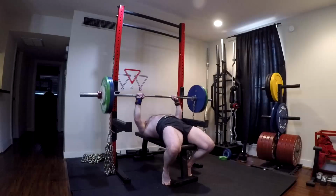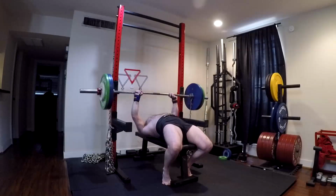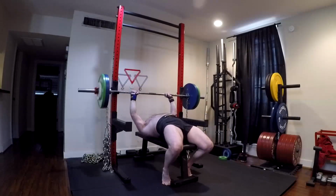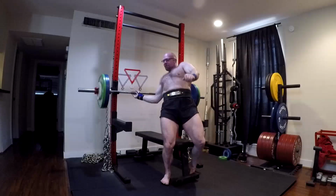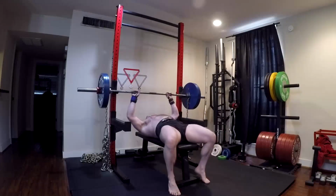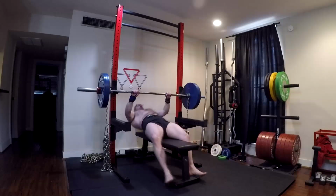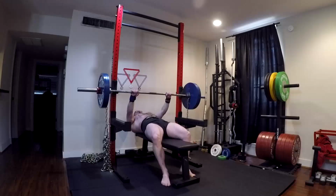Like, I went for 315 next and thought it was going to be no problem. Now, I did tap the upright right there, which didn't even slow me down. So I'm like, hey, great, we should be able to go up. It felt really good. Went over to the 315 with the same chains. It felt good on the eccentric. I mean, it bled some energy, but I thought I was going to get it. Got right up to the midpoint and ground for, according to my timer, about 3 seconds, and then it just